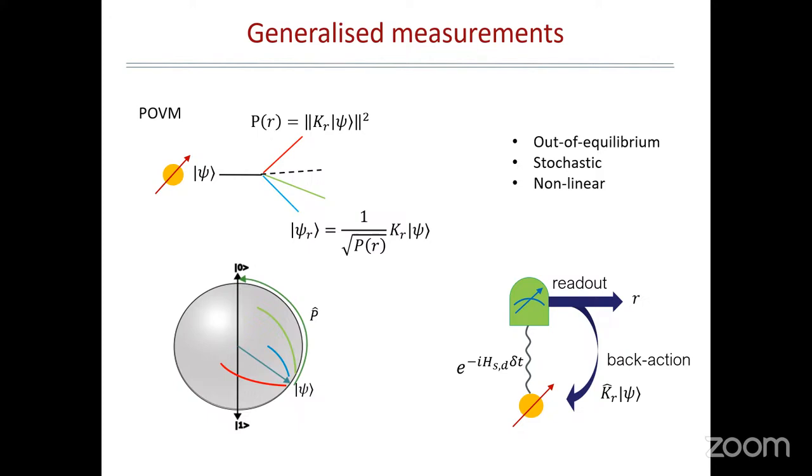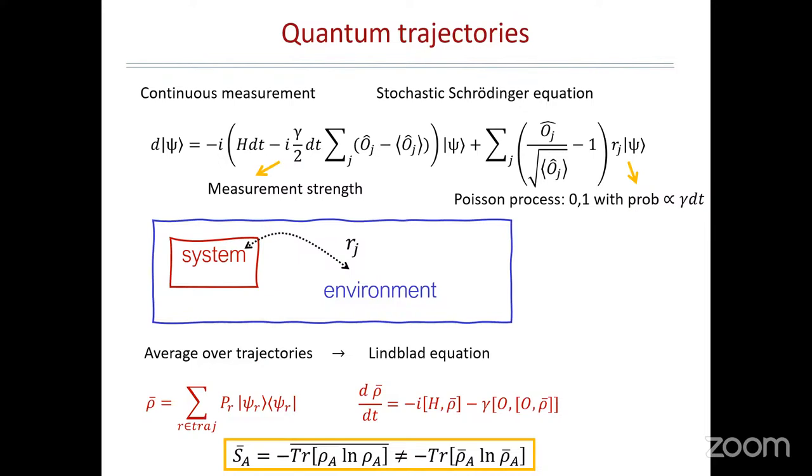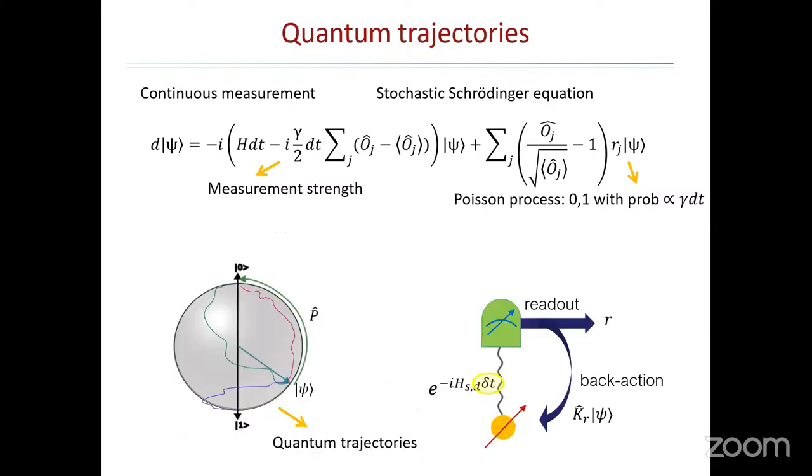As a result of this, you can take another step. Instead of making a set of discrete measurements, you can make the process continuous, and this will be described by some stochastic Schrödinger equation. Here you have an example of them, which is the quantum jumps. So this is the differential increment of the state, and this depends on the readout R, which you see here. And this readout has a stochastic nature, which in this specific case is a Poisson process.